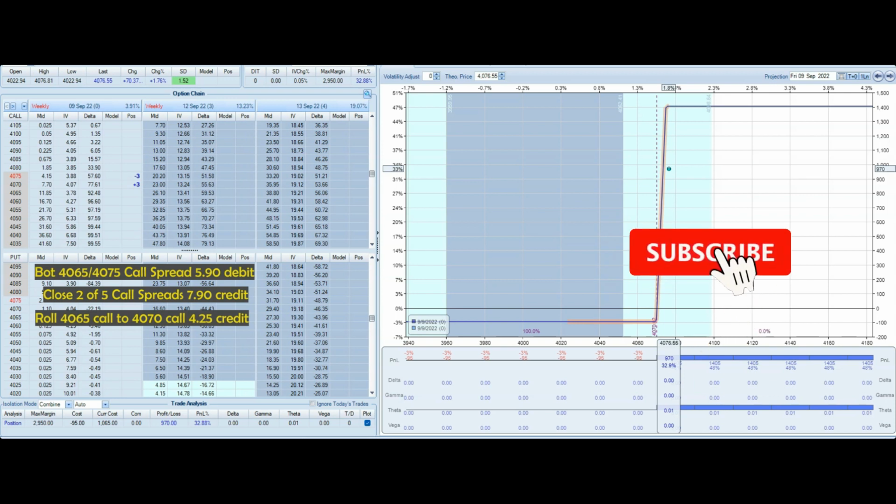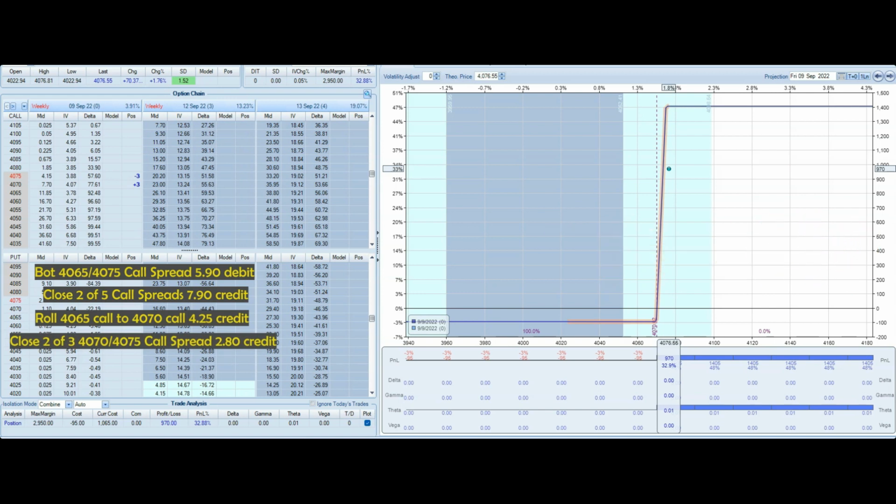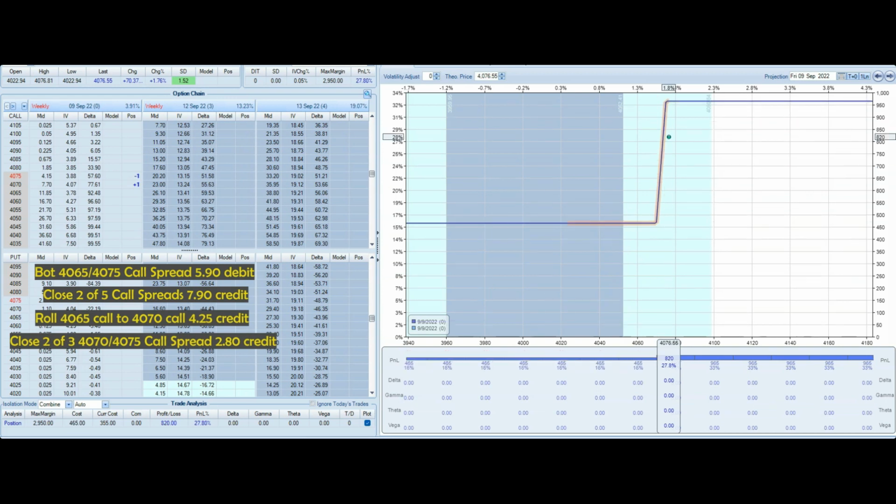Now my next adjustment, which was 3 minutes later, I closed 2 of the 3 remaining 4070, 4075 call spreads for a $2.80 credit. I collected an additional $560, and now I have recovered all of my initial outlay, and I was left with a net credit of $465. Now this is what the remaining 1 call spread, which was 5 points wide for a net credit of